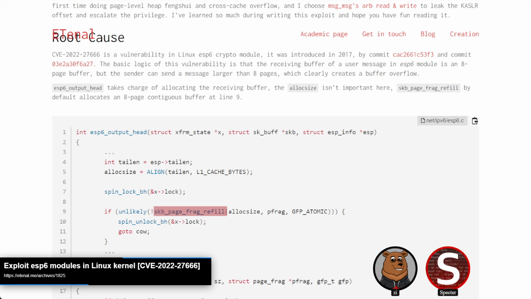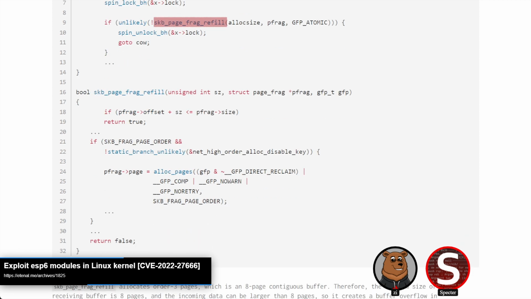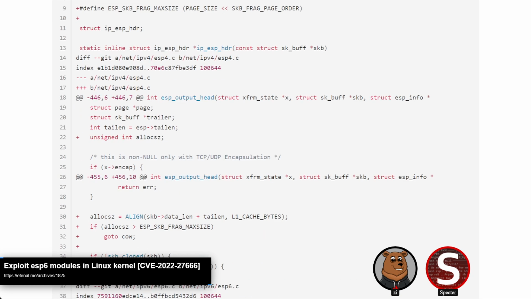Yeah, so I was just about to get into that. But that's a fair point with page refill. It will reallocate if needed, basically. So because it will allocate this fixed 8-page buffer, but it's possible to send data that would exceed 8 pages in length, it'll just overflow. Now, where the bug is very straightforward, the exploitation is not, because like C said, this isn't